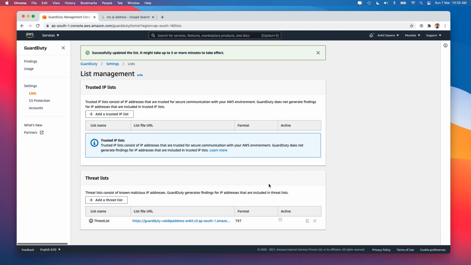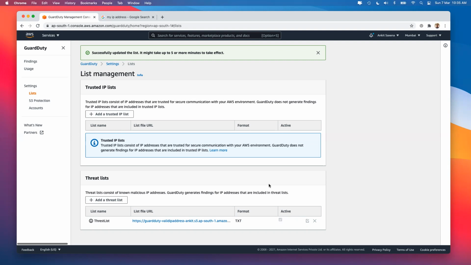So let's say that you want to block a specific country from accessing your AWS account. That can be done at multiple layers. It can be done at your ACL level. If you want to stop it from the security group, you can do it via the security group. You can go to your Route 53 and block it there also. You can go to your CloudFront and stop it from there also. All these methods are already discussed inside the lab video, so you might want to go and have a look at it.